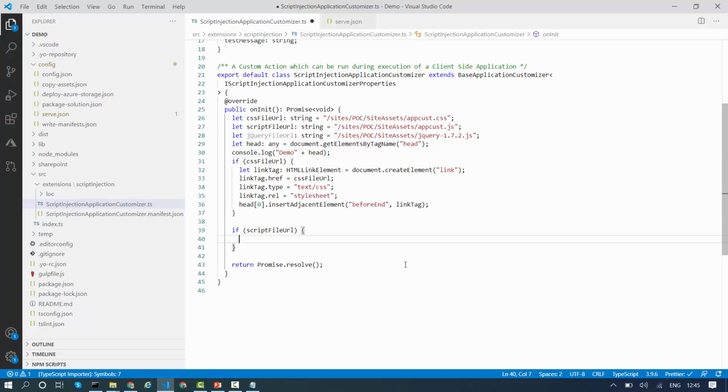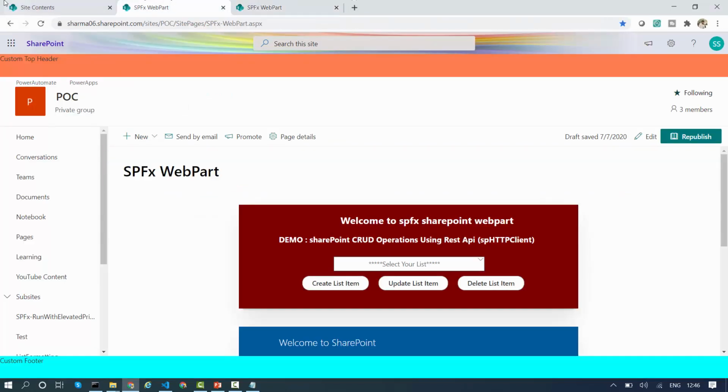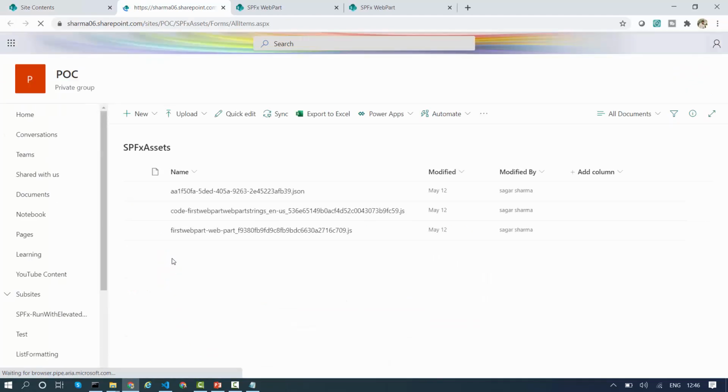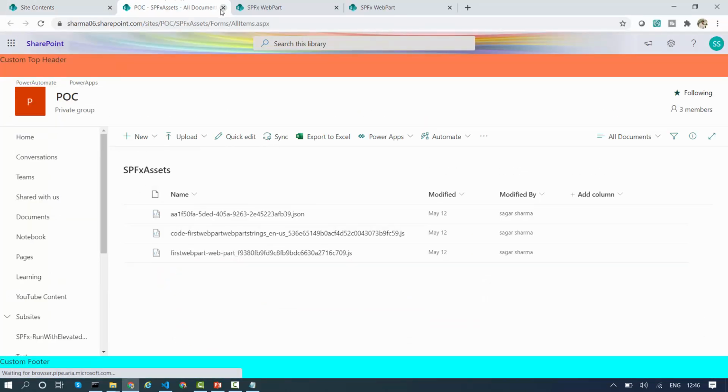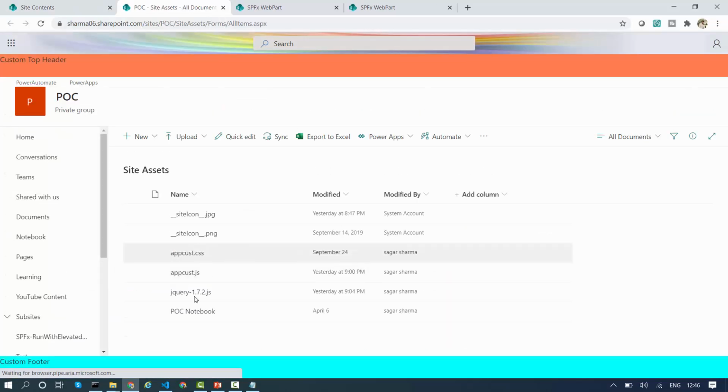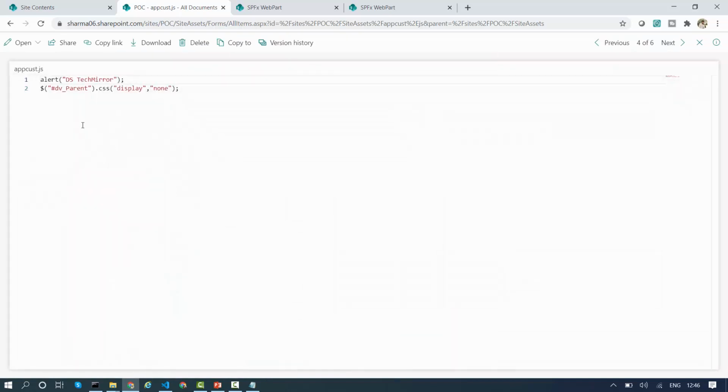Over here I will create the element, and I will create the script element. In this case I will create two script elements, one for the jQuery reference. Over here you can see, if I go to the site assets, inside this site assets, if I open my custom JS file, one is the alert, and after that I'm using jQuery.